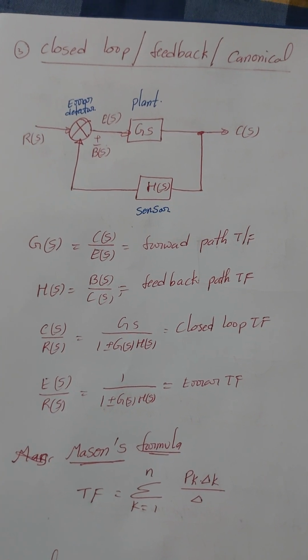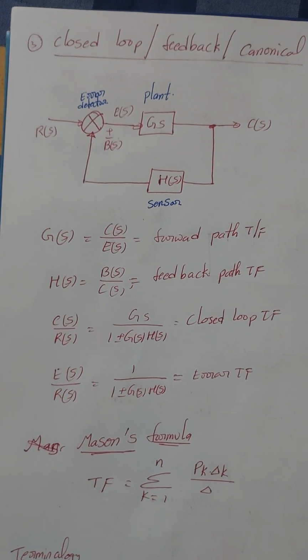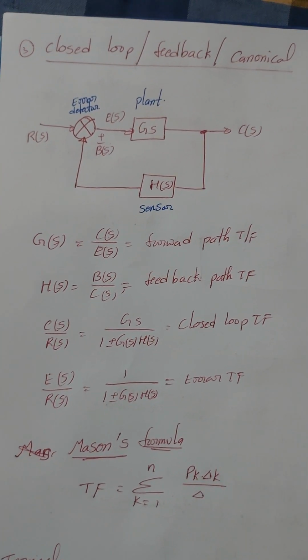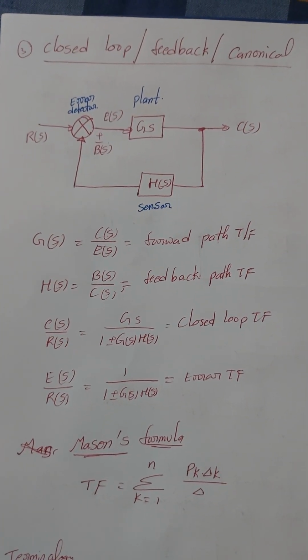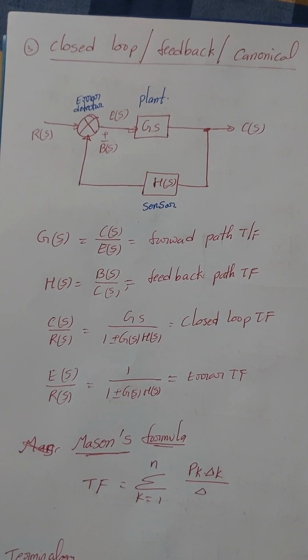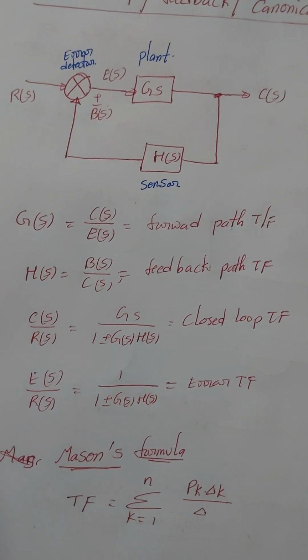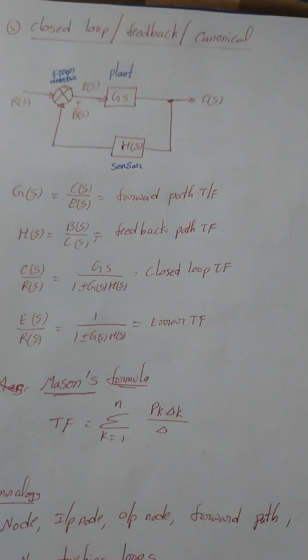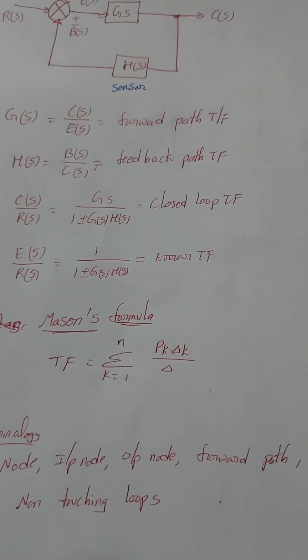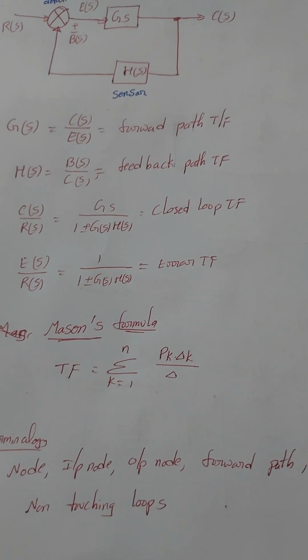We observe carefully each and every point. E of S by R of S equals 1 by 1 plus or minus G of S into H of S, which is the error transfer function. That's the three topologies that we have. Next one is